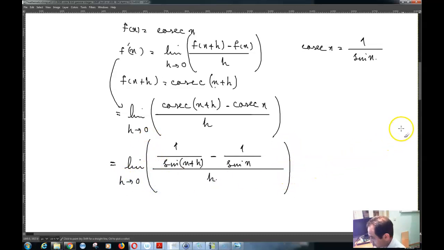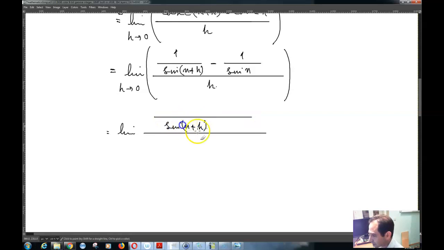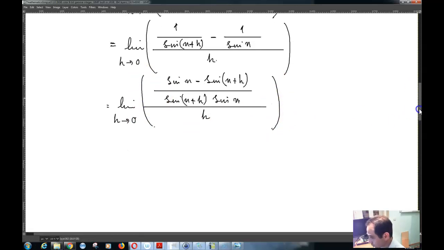And then you can write this as the limit of sine x minus sine of x plus h, over sine of x plus h times sine x, over h, as h tends to 0, which is equal to